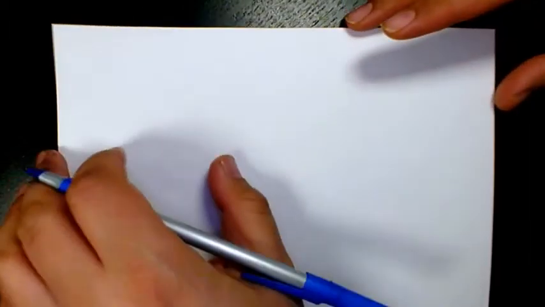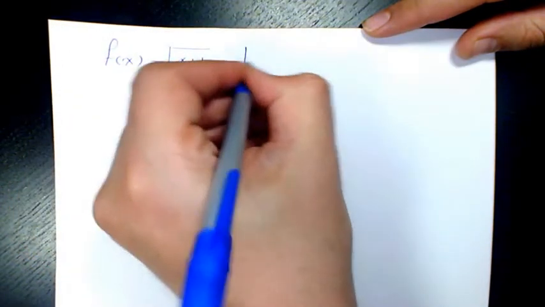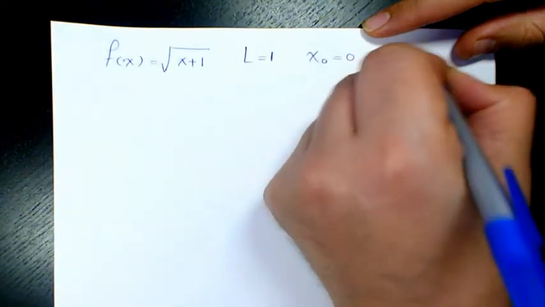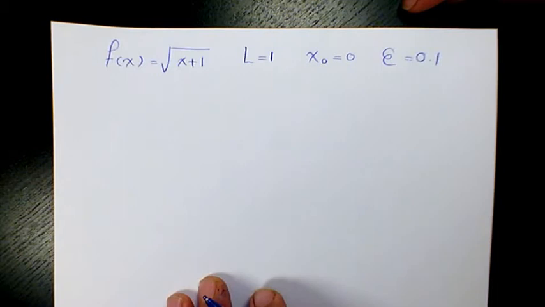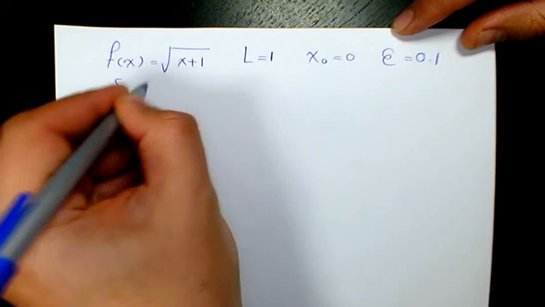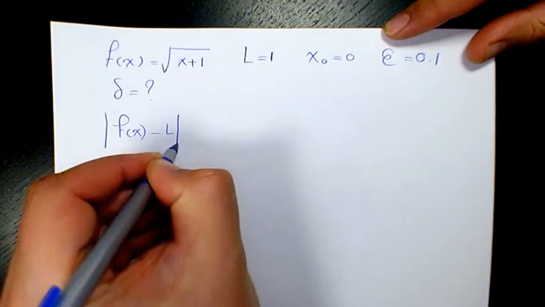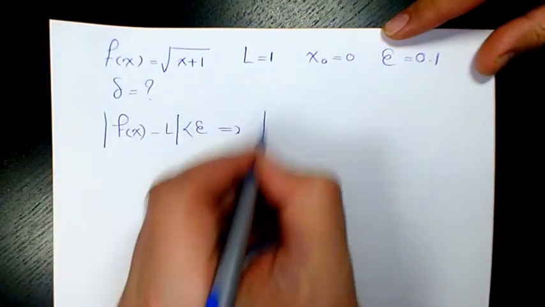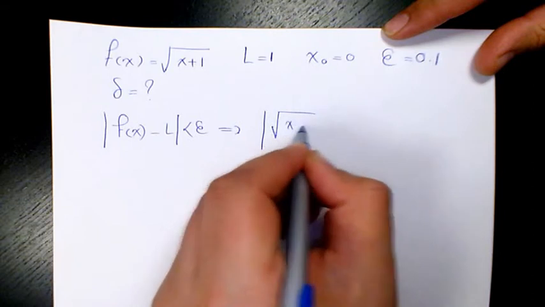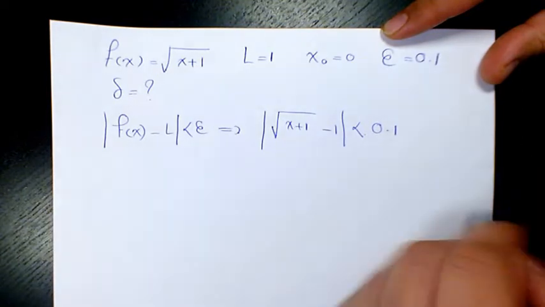Next example, f of x is square root of x plus 1, L is 1, x naught is 0, and epsilon is 0.1. So what we need to do is find delta. Absolute value of f of x minus L has to be less than epsilon. f of x is square root of x plus 1 minus 1 has to be less than 0.1,